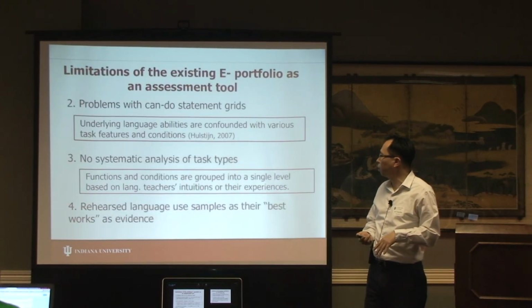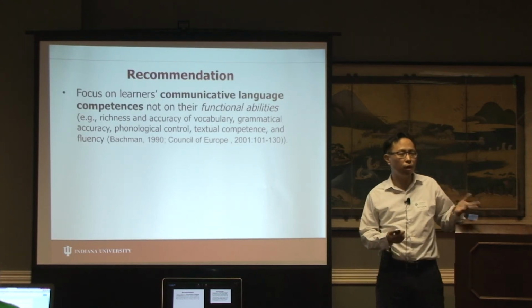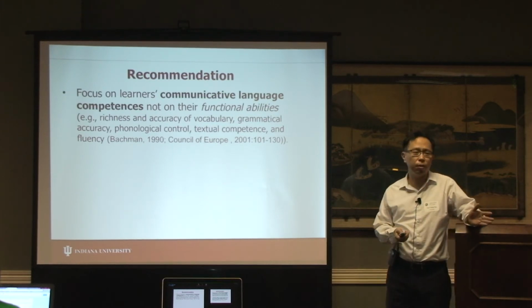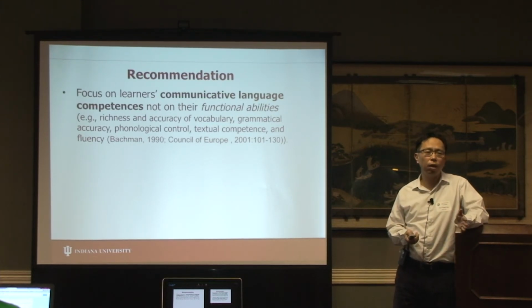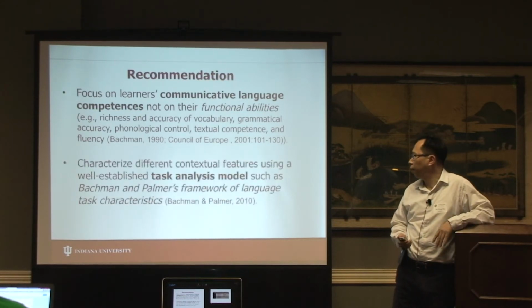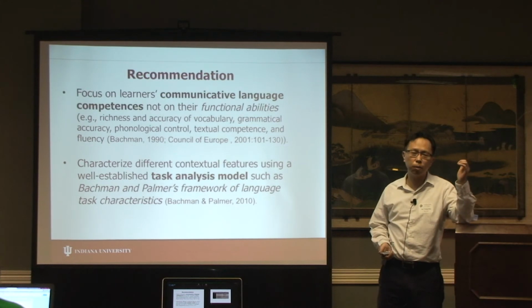So we'll skip that. So what are the recommendations I'd like to make to overcome those limitations? Just focus on communicative language competence, not what they can do. Think about their language qualities. Also, you want to think about how to describe and characterize the task, because a lot of the level descriptors used